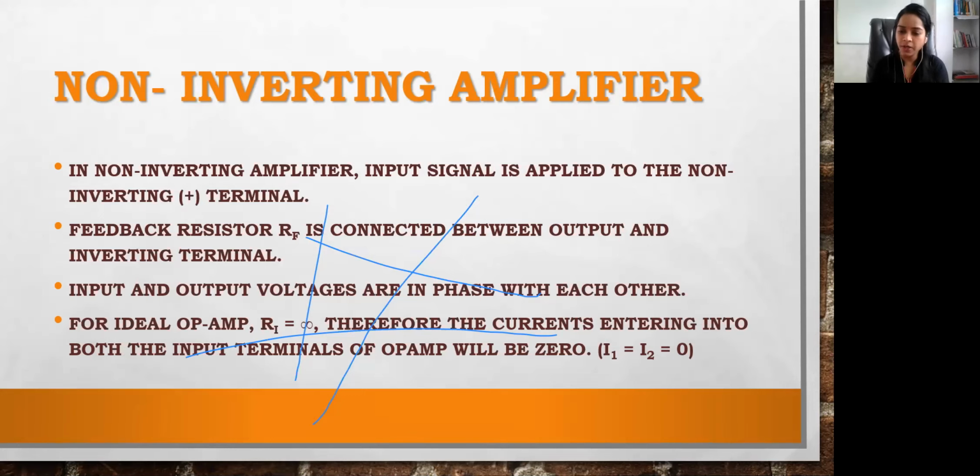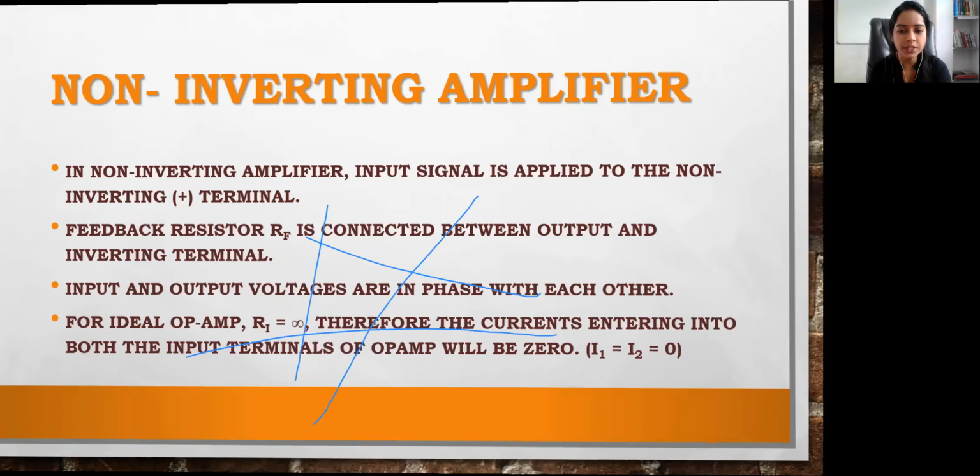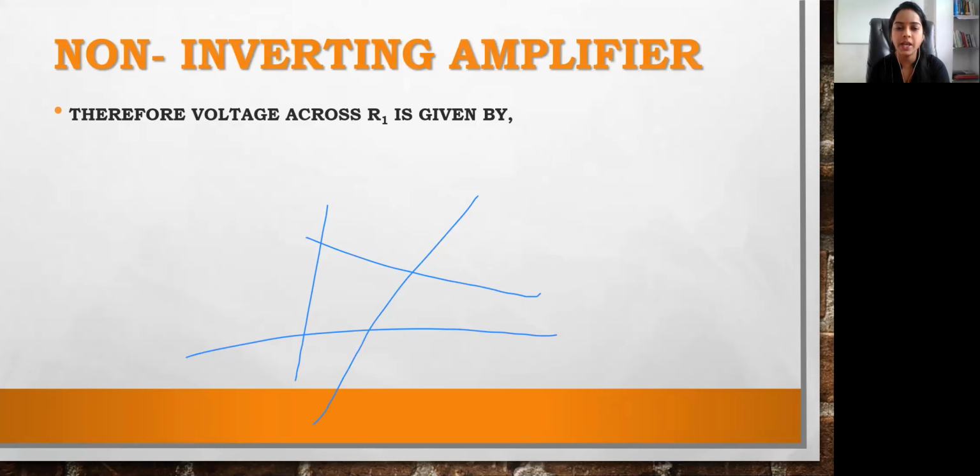We are looking at these amplifiers in inverting and non-inverting mode just because we will have to design an adder by using the inverting amplifier and the non-inverting amplifier. So we will see both constructions, and then design an adder using these two configurations. In a non-inverting amplifier, the input signal is applied at the non-inverting terminal. The feedback resistor RF is connected between the output and the inverting terminal. We'll just see a design of this non-inverting amplifier.